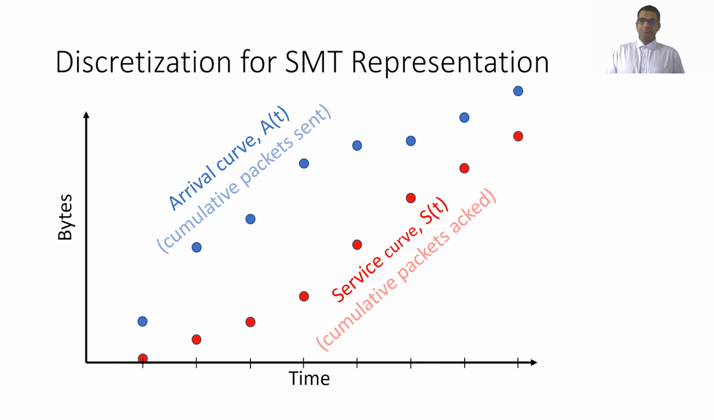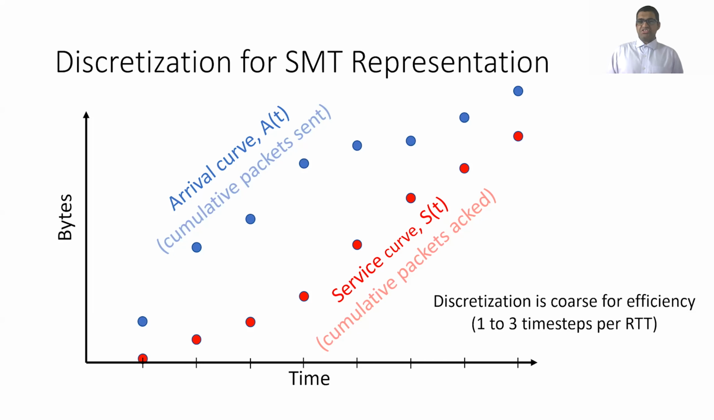it efficiently. The first thing we do is we discretize time. So now the arrival curve and service curve are no longer curves, but they're a sequence of dots. Now notice that SMT solving in general is NP hard. So for efficiency, we keep the discretization to be pretty coarse. So we only have about 1 to 3 time steps per RTT. This is perfectly fine for congestion control because congestion control works only over RTT timescales, but it does confuse certain